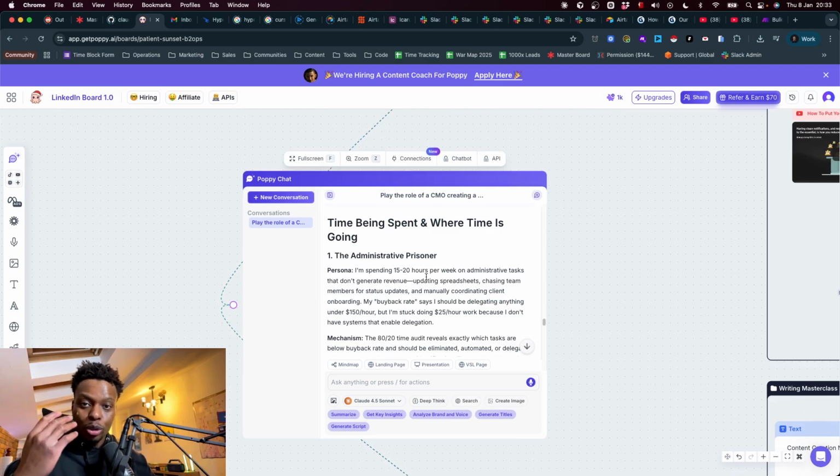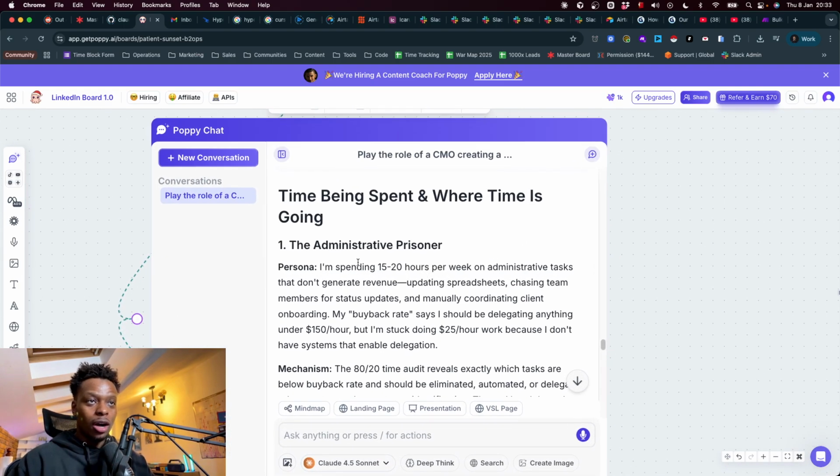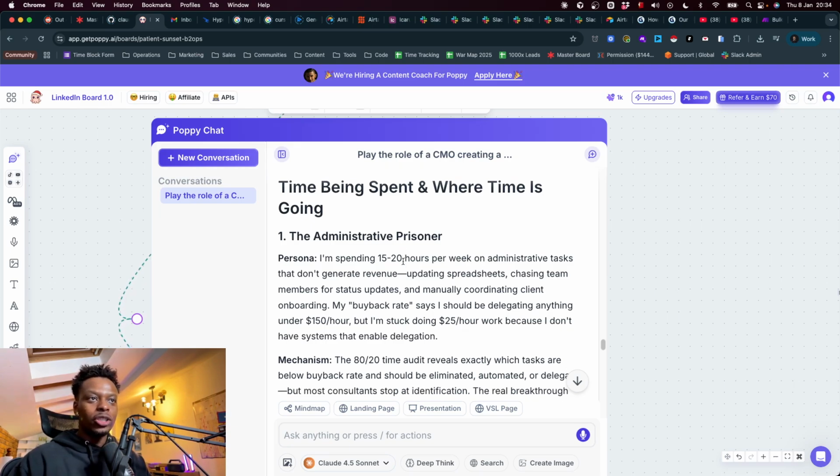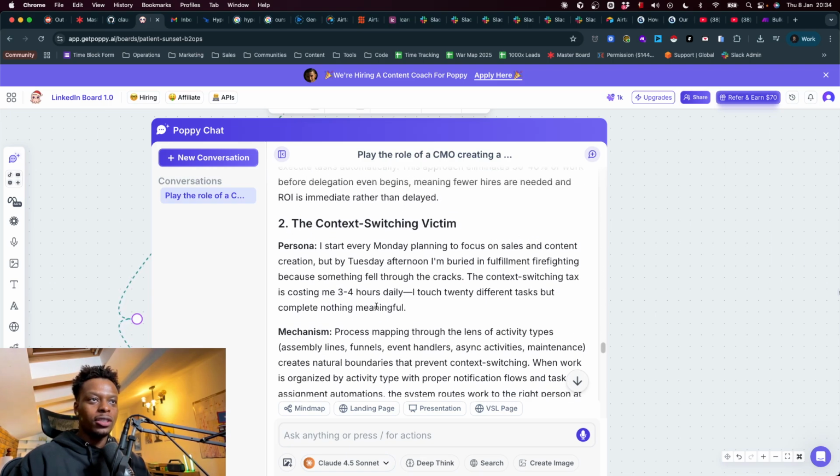Now, when I talk about personas, they are the individual scenarios that describe certain aspects of your ideal client profile. I have 30, and these 30 are being used essentially as pillars to generate certain elements of content, so that I always have something new to talk about, or a new slice of my ideal client profile to talk about. So here I've got the administrative prisoner, the person spending 15 to 20 hours per week on administrative tasks, the context switching